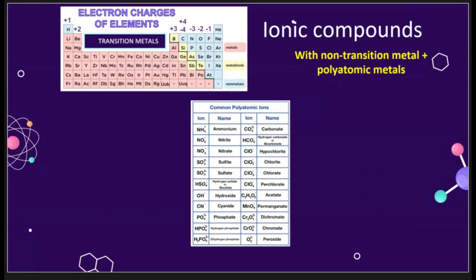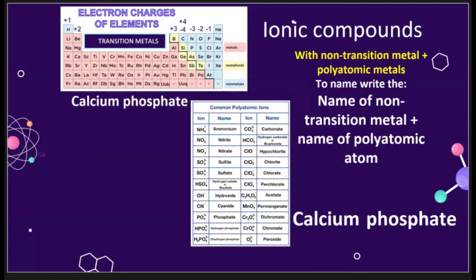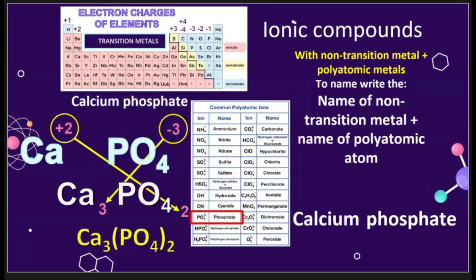So, to name this one, first identify the name of the non-transition metal plus the name of the polyatomic ion. So, here we have calcium and phosphate. Calcium is the name of the non-transition metal, and phosphate is the name of the polyatomic ion. So, to write this one, identify the charges. So phosphate has negative 3 charge. So cross charges, we have this one. So we can write the chemical formula for calcium phosphate as